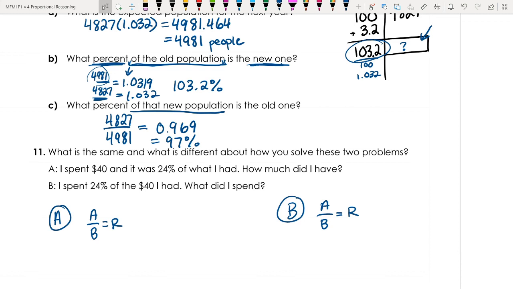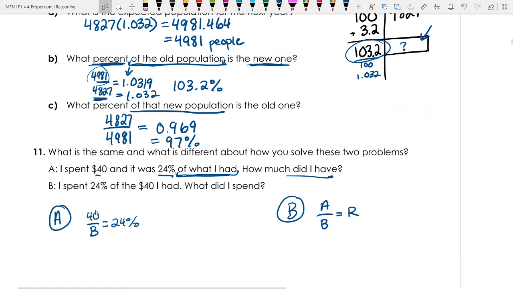So it says here, I spent 40 and it was 24% of what I had. How much did I have? Okay, see this of what I had? That means that what I'm trying to find is the base, because I'm trying to find of what I had. What did I have? That's what I'm trying to find. And so the rate is 24%, we know, and the amount is